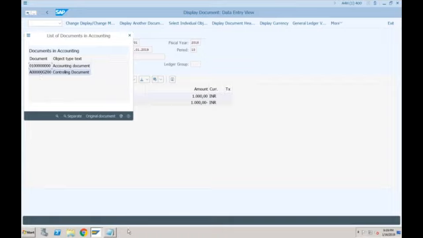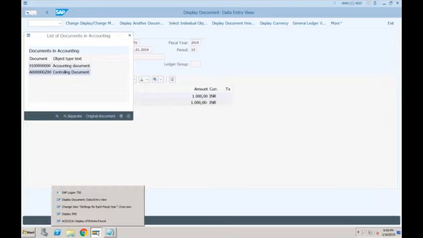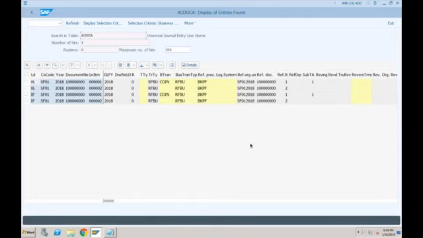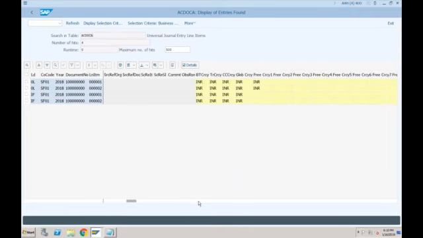Okay, so even the controlling data, earlier for controlling data, we were going to tables like COSK, COSP, COSS. Now controlling data will also be available in ACDOCA. For example, in BKPF and BSEG, it was not possible to find out which cost center this posting happened to. But now, if you go to the ACDOCA table, you will be able to see even the cost center information, profit center information, controlling area, everything is available here. So not only FI data, ACDOCA also holds the CO data in the same table. So we don't need any separate tables for controlling.